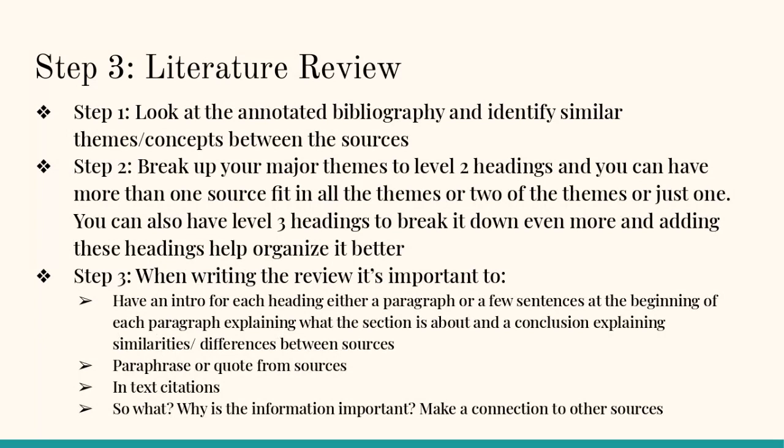Good afternoon, everyone. My step is step 3, which is the literature review. For step 1, you look at the annotated bibliography and identify similar themes and concepts between the sources. For step 2, you break up your major themes into level 2 headings, and you can have more than one source fit in all the themes, or just 2 of the themes, or just 1. You can also have level 3 headings to break it down even more, and adding these headings helps organize it